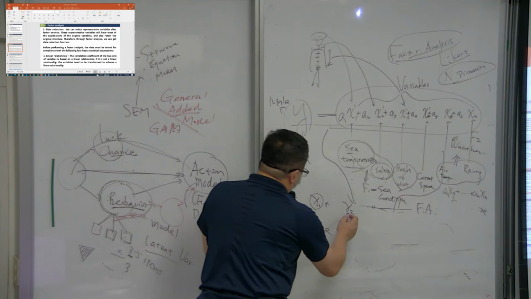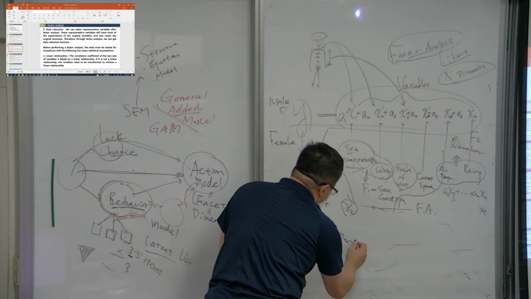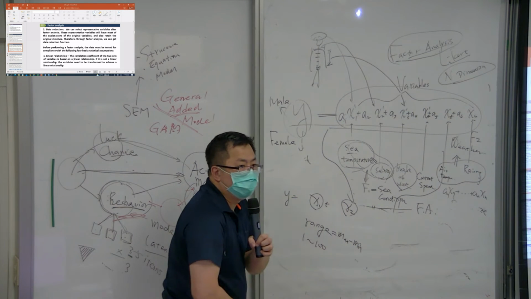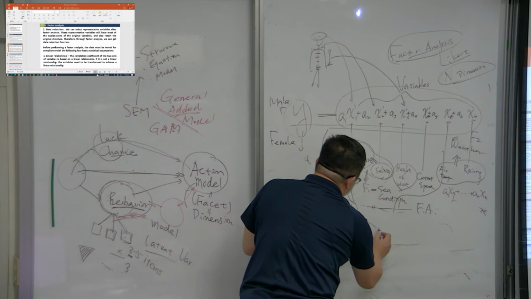But x2, the range, you know range? Range is the maximum minus the minimum, right? For example, the range of x2,